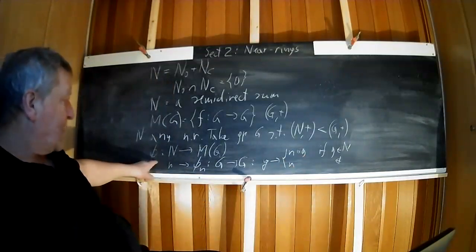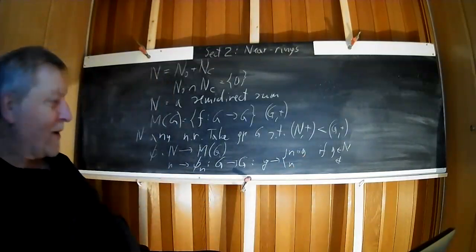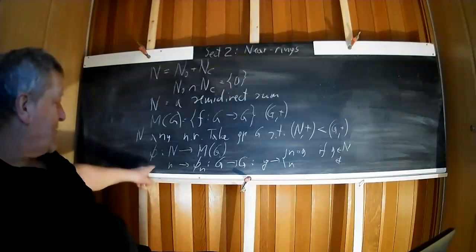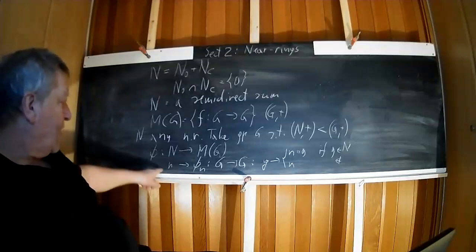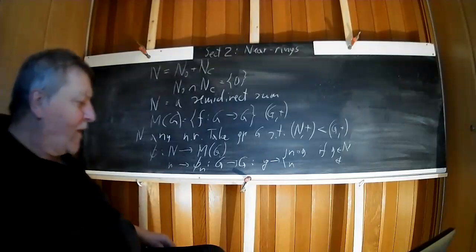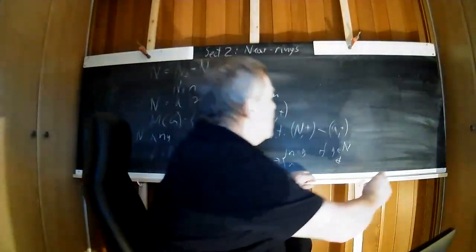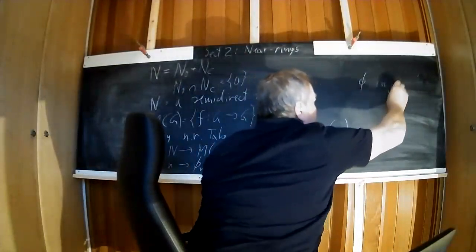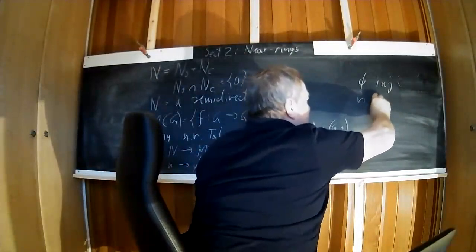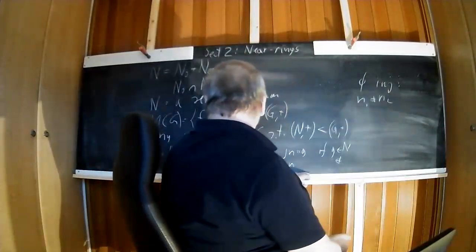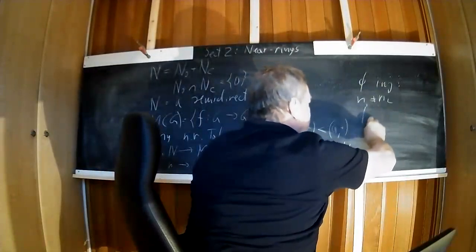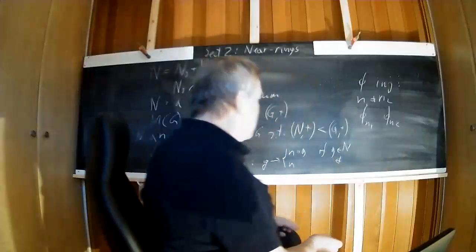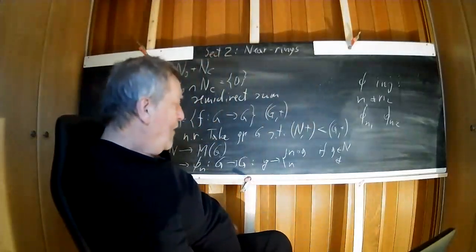That's not only a homomorphism, but it's an injective homomorphism, because what happens if we take N1 equal to N2? So phi is injective if N1 is unequal to N2. What about phi sub N1 and phi sub N2? Will they be equal? Well, if we map